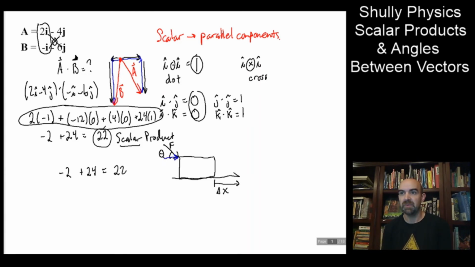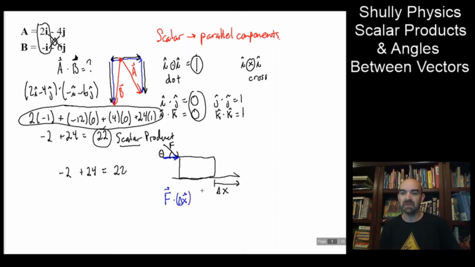So when you push a box, it's going to go along the floor. Any of the downward push is going to be canceled, aka i dot j equals 0. And any of the pushing force that goes in the same direction as the displacement is going to be multiplied by 1. It's going to count, aka i dot i equals 1. So when we take f, the vector f dot delta x,